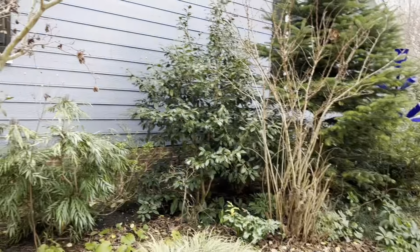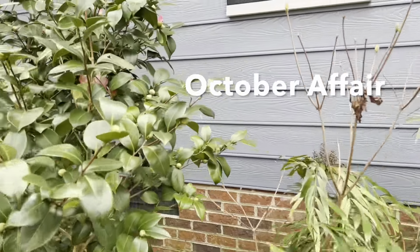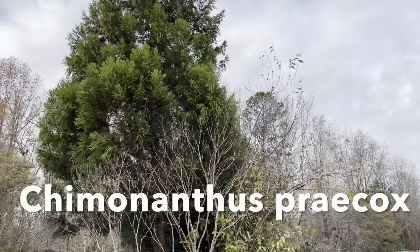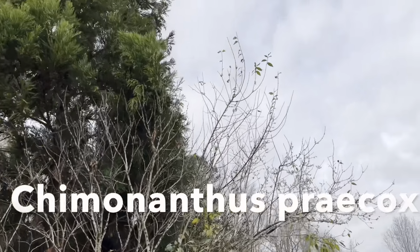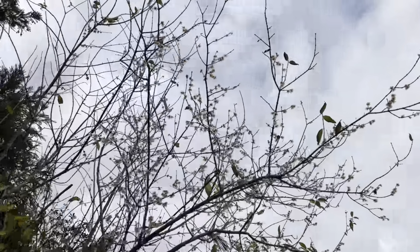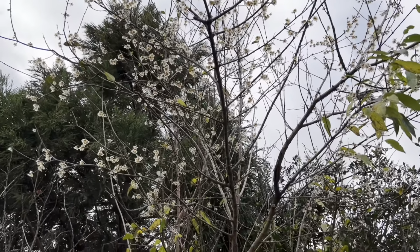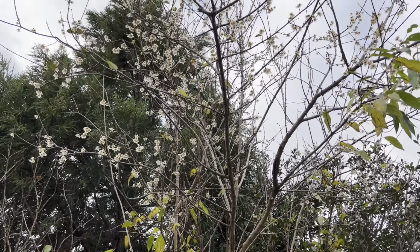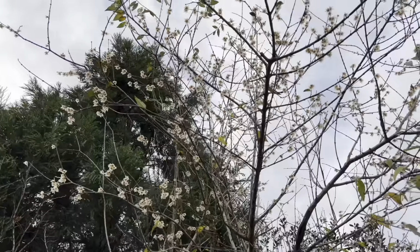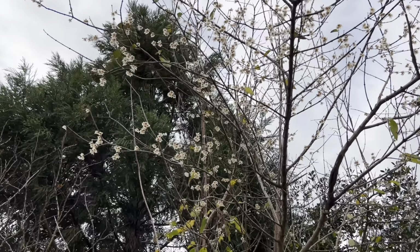And I've been harvesting all the camellia blooms for floating arrangements, but I see one that I missed. And here again is October Affair. And it is just... Well, I'm glad we walked over here because I need to cut some of this, which is Chimonanthus praecox, the Chinese sweet spire, sweet shrub. Oh my gosh, these common names kill me. Anyhow, there's tons of flowers. They smell absolutely magnificent. And I need to get a couple of these to put in arrangements for the holiday